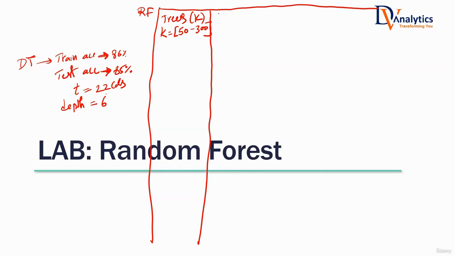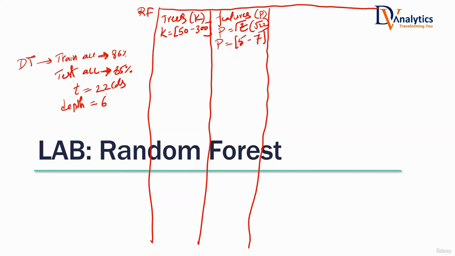What is the next hyperparameter? The number of features, denoted by P. Yes, the number of features P is also in your hand. Usually does this have to be a very large number or a very small number? A very small number. Usually a general ballpark number is suggested by data scientists. What is that? Square root of T, the number of features. T happens to be how much here? T is 22. Square root of 22. So in this problem statement, what can you try as P? Something like 5, 6, 7. Square root of 22 and its surroundings.